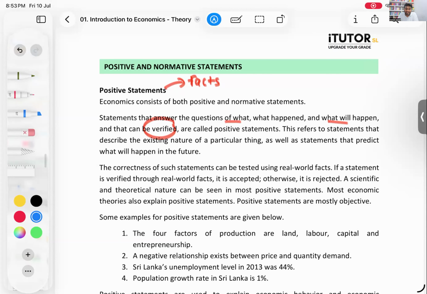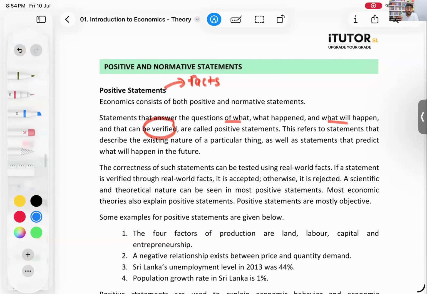How are you going to verify? You can check my birth certificate, or check my NIC. In my NIC, my date of birth is there. Check for that. If you can verify and say this is right or wrong,